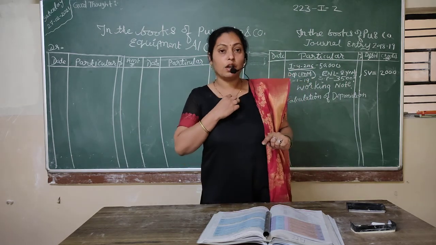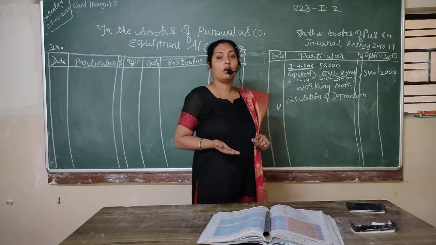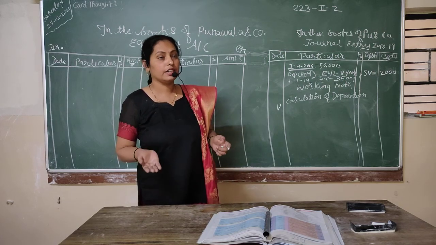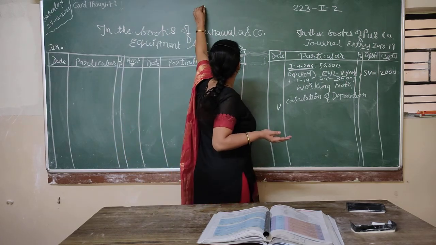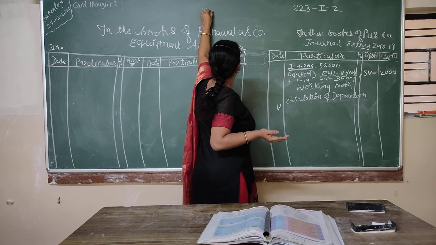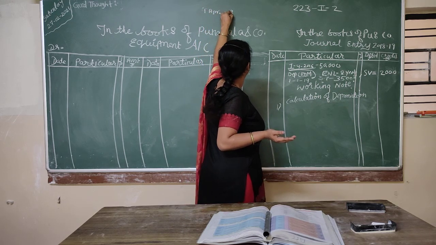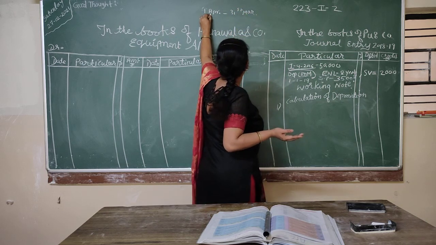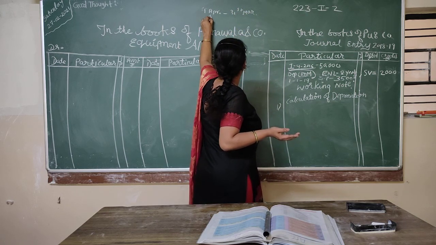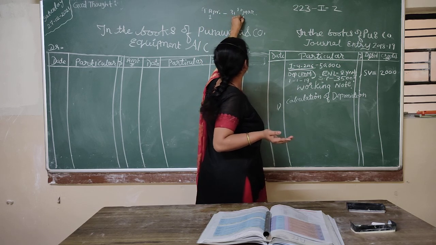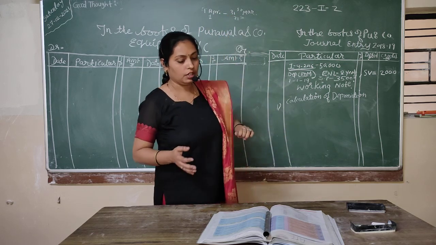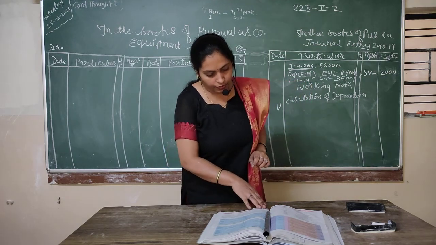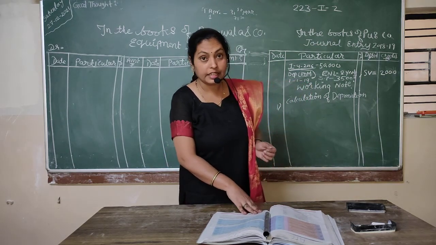And we have to assume that the books of account are closed on 31st March every year. You already know that the financial year starts from 1st April and ends on 31st March every year. So the opening date will be 1st April and the closing date will be 31st March for every year. So students, now we can start solving. Okay, what they have asked, you can read in the textbook.